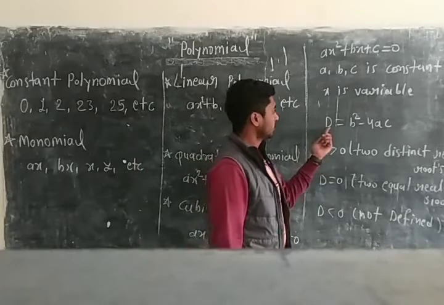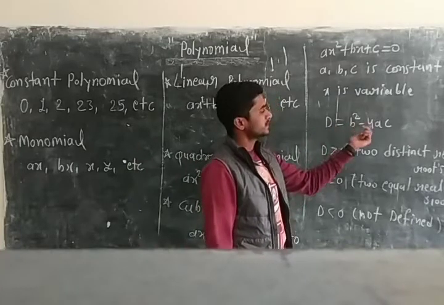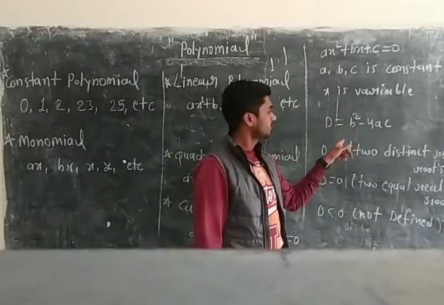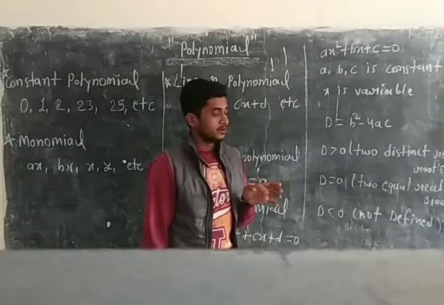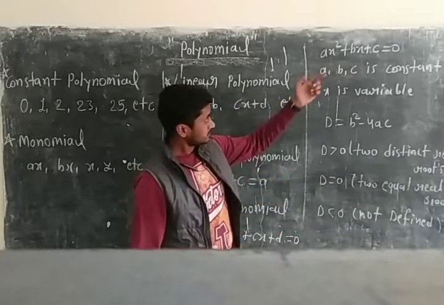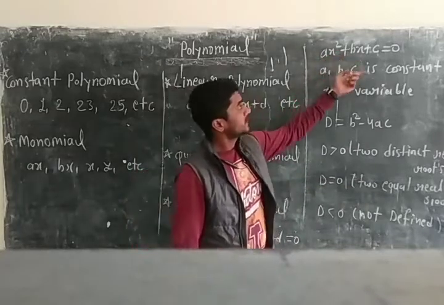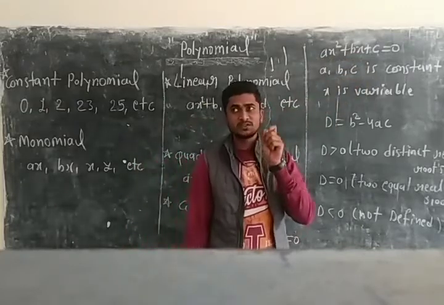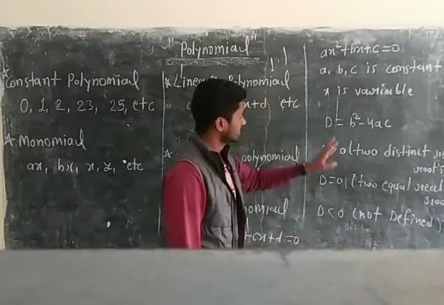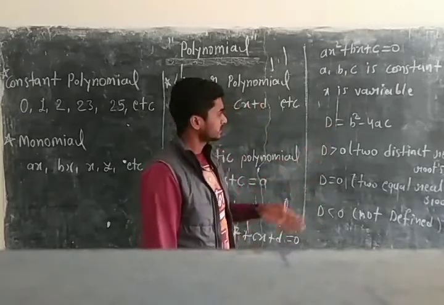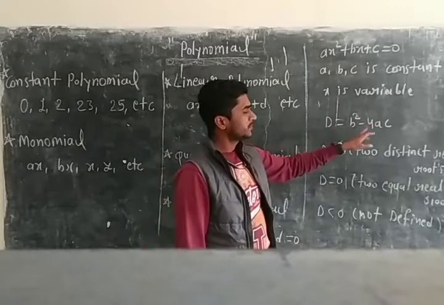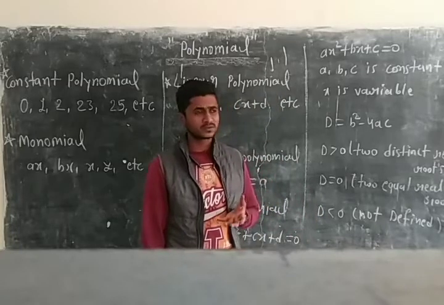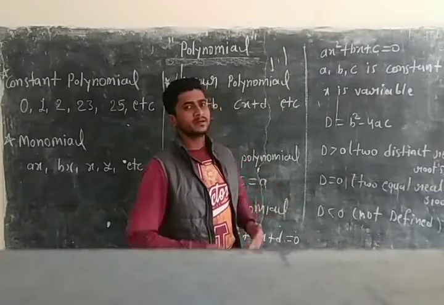Now here one formula is D is equal to b square minus 4ac. It is the formula of the discriminant. By the help of this formula, we can get an idea of what type of roots we get. Before that, I want to explain it. By the quadratic formula, we will get two answers of x. The two answers of x are known as the roots or zeros of the quadratic polynomial. This is the formula of the discriminant, by which we can get an idea of what type of roots or zeros we can get.